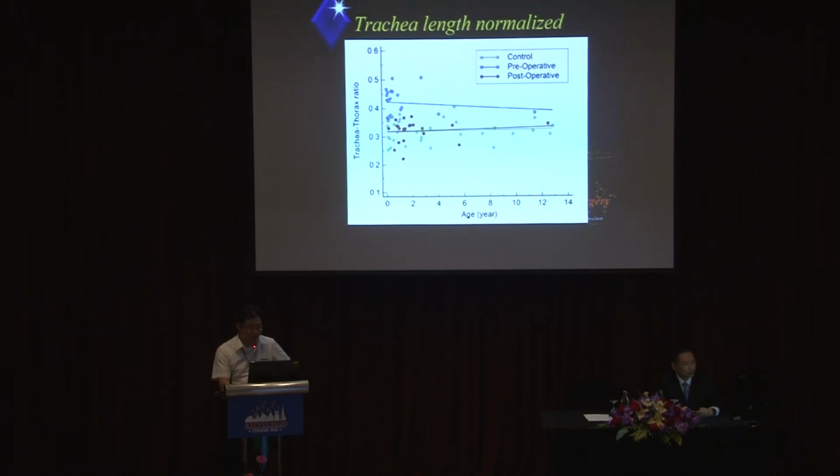We also compared to the normal control, shown with the green dots. As the age follow-up shows, the tracheal to thoracic ratio in the normal control is relatively constant. The blue line shows the preoperative values. Preoperatively, we can see the trachea is significantly longer than the normal control. However, after surgery, the tracheal to thoracic ratio looks near to the normal group. So we think that after slide tracheoplasty, the length of the trachea was relatively normalized, coming close to the control group.